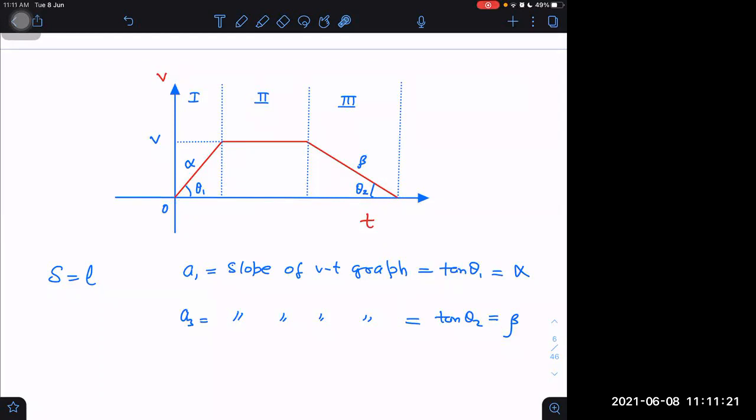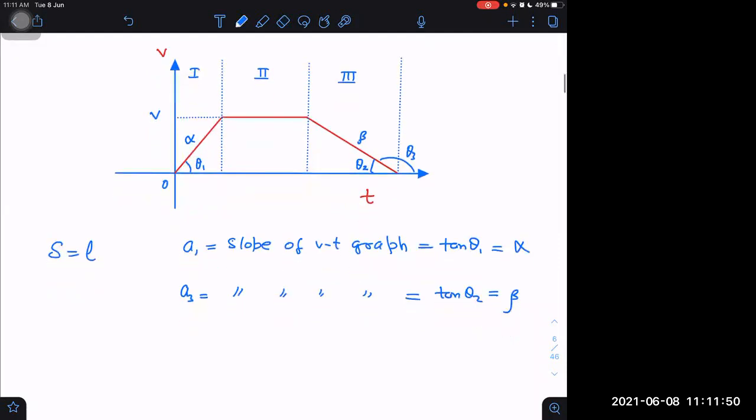Sir, then we have to write cot theta too, no, sir? No, it will never become cot. How will it become cot? Let us say I want to write this angle theta 3. Actual slope is tan theta 3. But tan theta 3 will be tan of pi minus theta 2, which will be minus tan theta 2. Magnitude wise, tan theta 2 only. So I am finding magnitude wise. But actually it's negative, sir. Yes, slope is negative. I agree. Let me correct it.